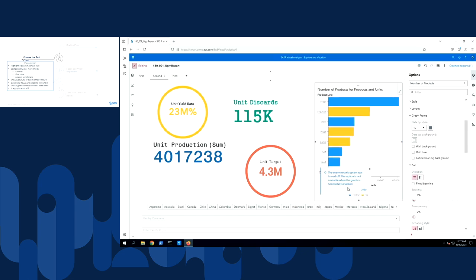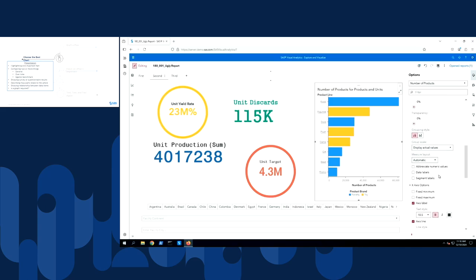And when I do that, it removes the overview axis. And I get a little note that tells me, hey, we removed that because that's not available for horizontal bar charts. And that's perfectly fine. That's actually what I wanted. The other thing I'm going to do, because I removed the grid lines, I'm going to add data labels. So it's easier to see the values for each of the bars.